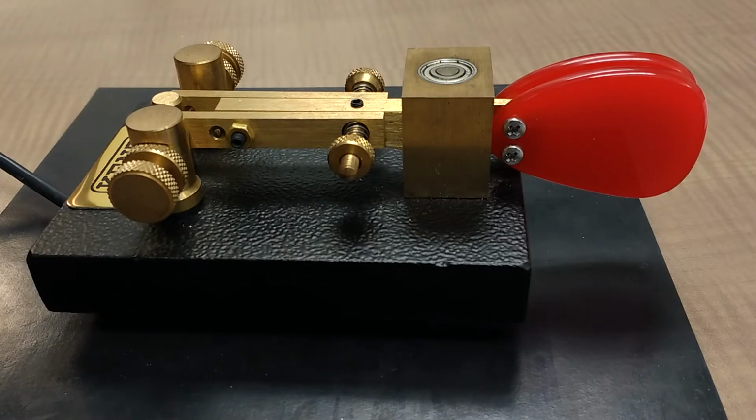Folks, Dave here with another single paddle Morse key. This is a Kent SP-1 with some modifications that I made to give it more of a rock-solid feel than you'd otherwise get stock. First, I replaced the original thin plastic paddle, which mounted about here on the main pivot